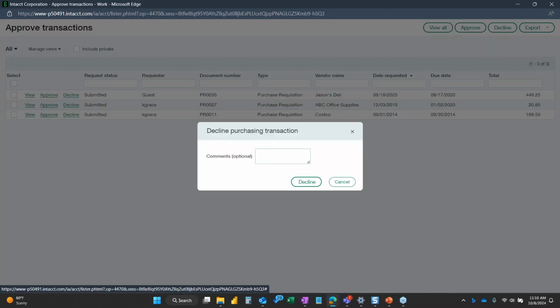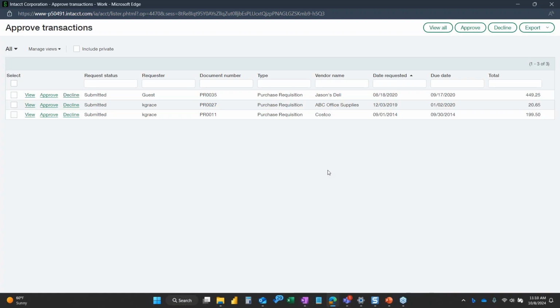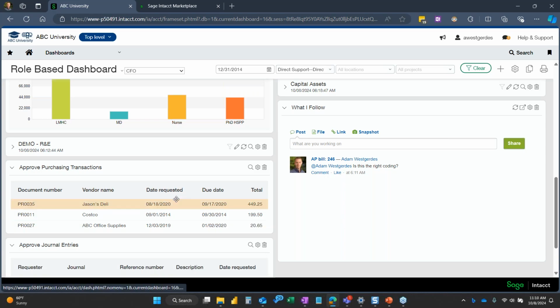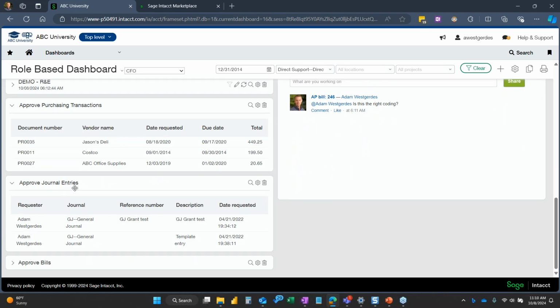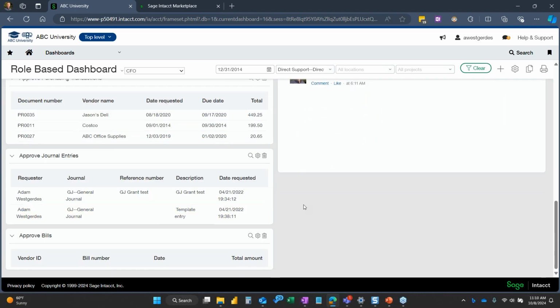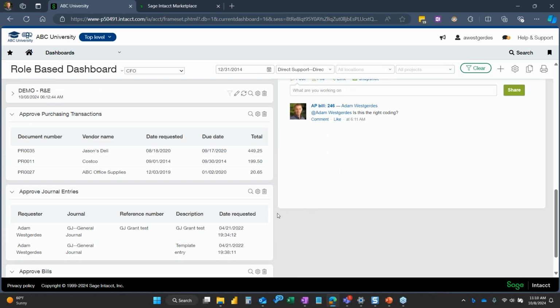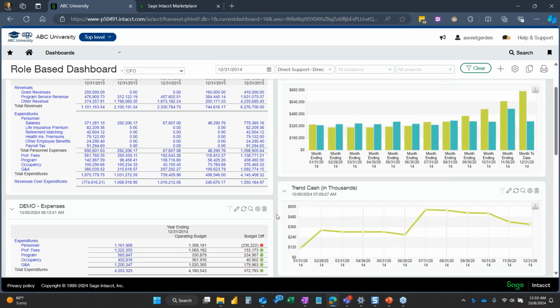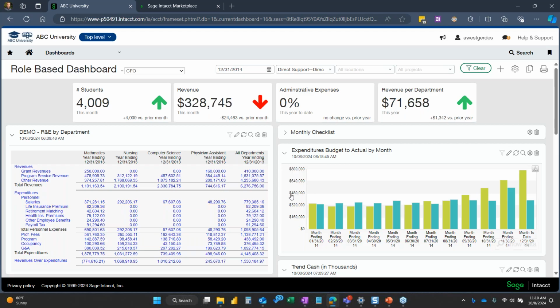They can decline them and add in comments that go back to the originator of the transaction and so forth, so they can take appropriate action. You might also be a little bit larger in size, and maybe you want someone to review journal entries before they're posted. You can set up a workflow for that. You can also set up workflows for AP bills or electronic check signers. So if you need to have dollar thresholds in terms of who can approve certain amounts, you're able to incorporate that into this software. So that's kind of a high-level overview of the